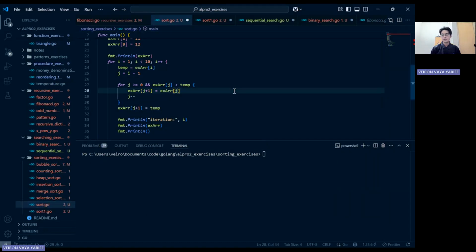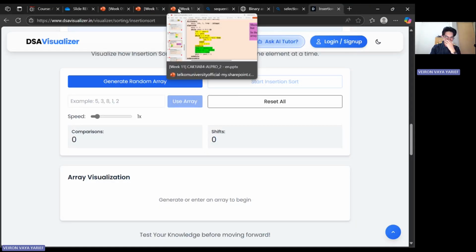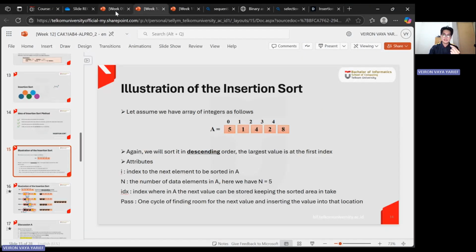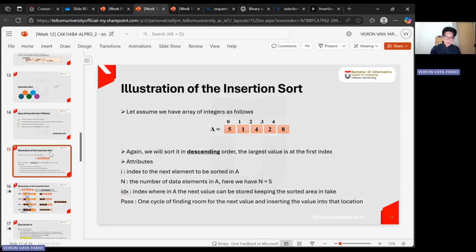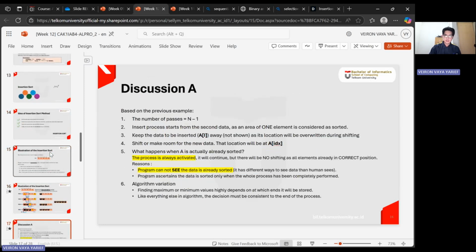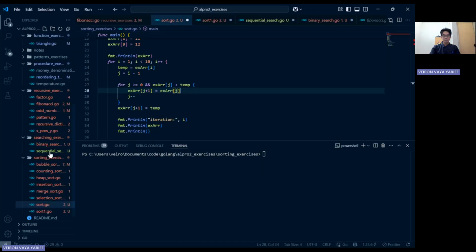And in this particular video, we're gonna learn about the second type of sort, which is insertion sort. For this algorithm, I'm not gonna use visualization, because I think the best thing to understand insertion sort is to trace it by ourselves. Okay. For your slides, it's explained, but I think the best way to explain it is by imagining it like this.